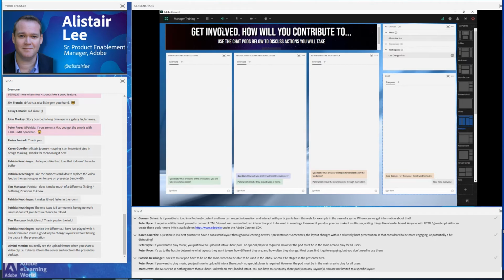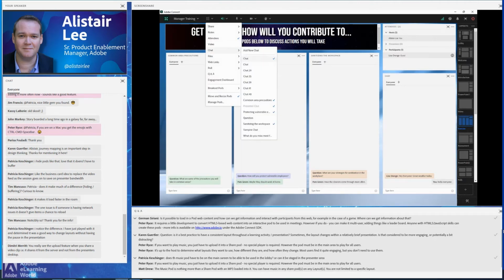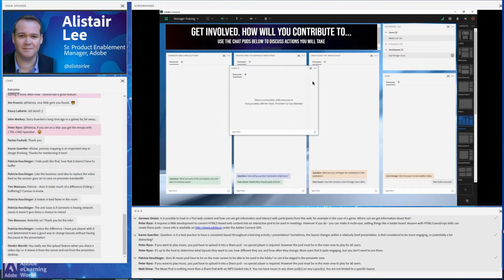But in addition to having my main chat pod, I can go up to the pods menu and just add as many additional chat pods as I'd like, just by going down to chat and saying add a new chat. Now I've just added a 5th chat pod to this layout. And by having individual chat pods dedicated to specific topics, I can raise the level of engagement by focusing the conversation.